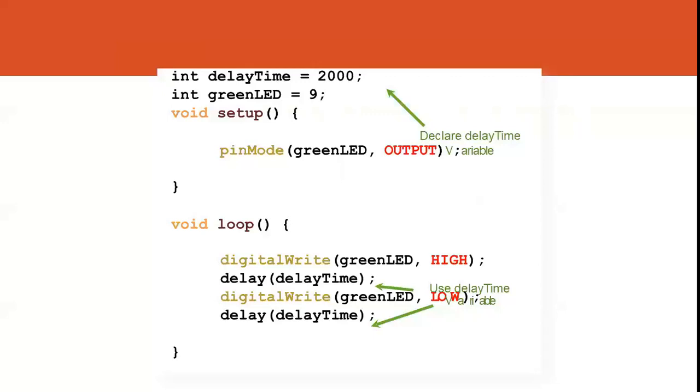In the loop, instead of explicitly mentioning the pin number, we are mentioning it using a variable. Instead of writing the pin number 9, we are writing it as green LED. In the example which we discussed in our last class, in place of green LED, we had explicitly mentioned the pin number. For delay also, we can pass a variable. Here it is a 2 seconds delay. Whatever variables we declare outside the functions are global variables.